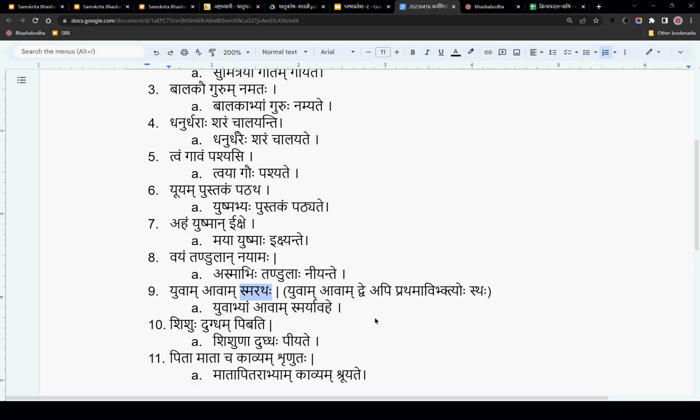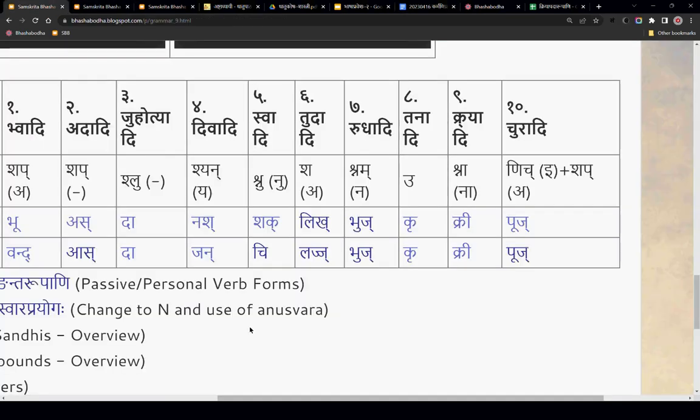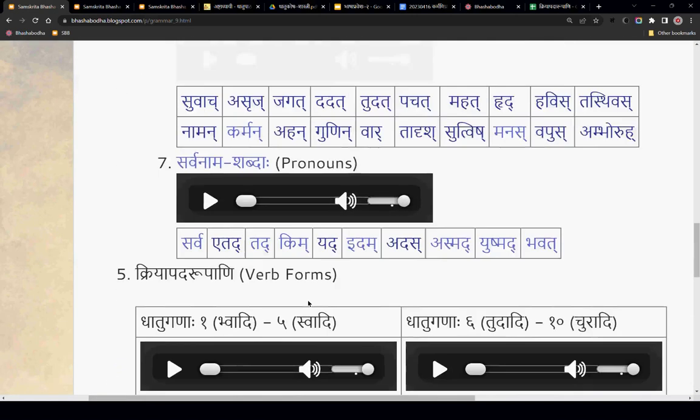Smarataha is madhyama purusha dvivachana. Because it is madhyama purusha, this yuvam has to be kartrupadam. If it is kartrupadam, it will be in prathama vibhakti. Karma padam is avam. Right?